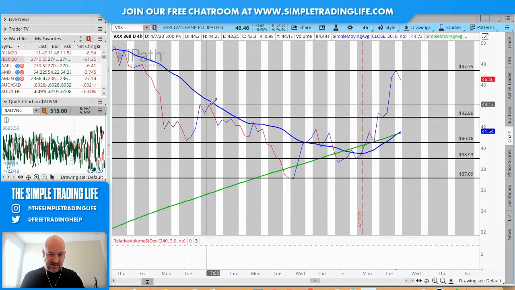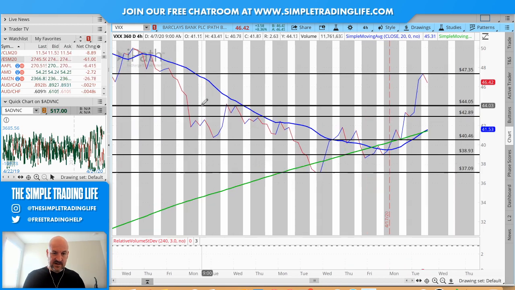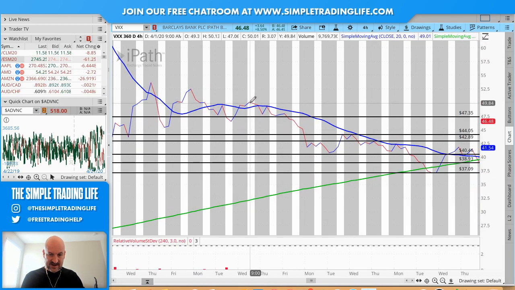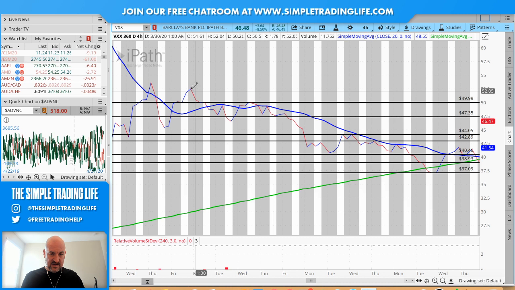All right, I'm going to draw a level here only because you see we kind of double topped right there. 44.05. And let's move back this way. I'm going to ignore this. I'm going to ignore this. Too small. Probably my next one's going to be right here, 50.01. Okay, 49.99 is close enough. I'll put one right here. This one is 52.44.